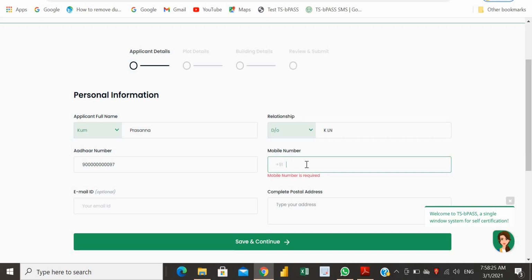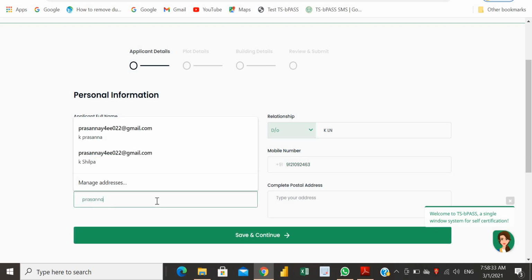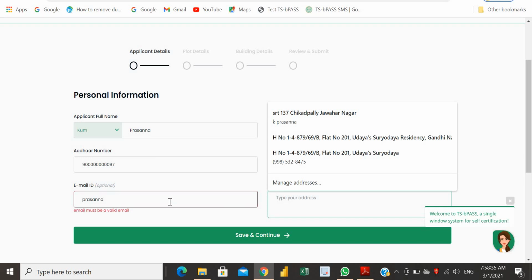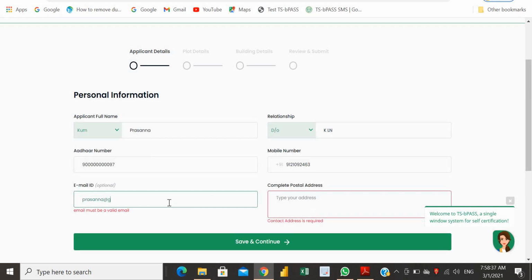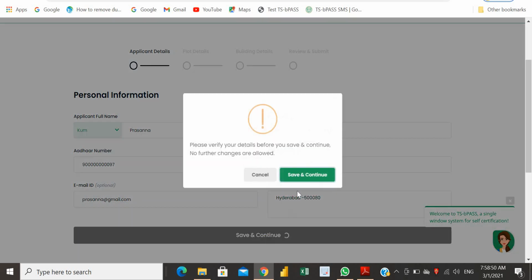Then my mobile number. Email ID is optional. My complete address. Save and continue.